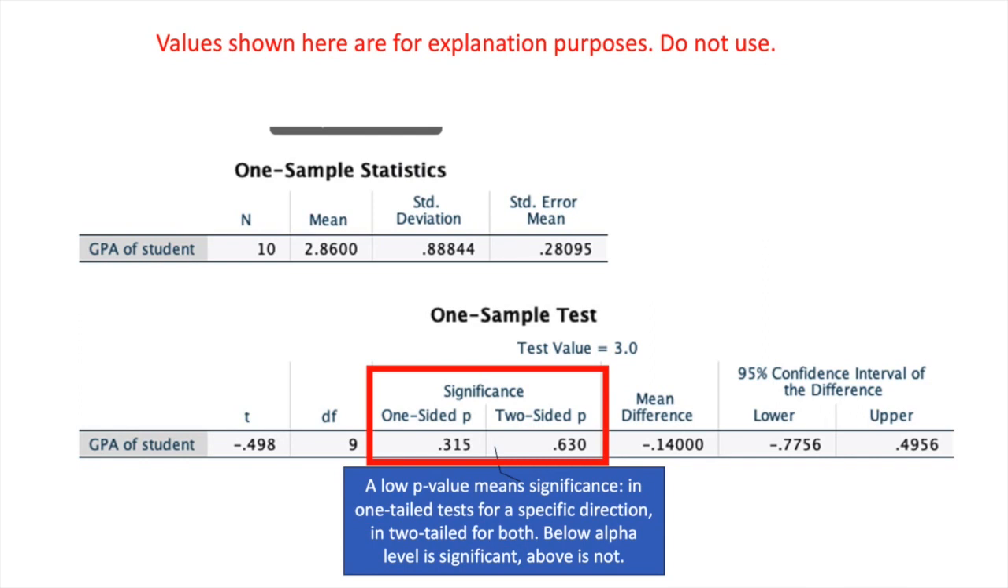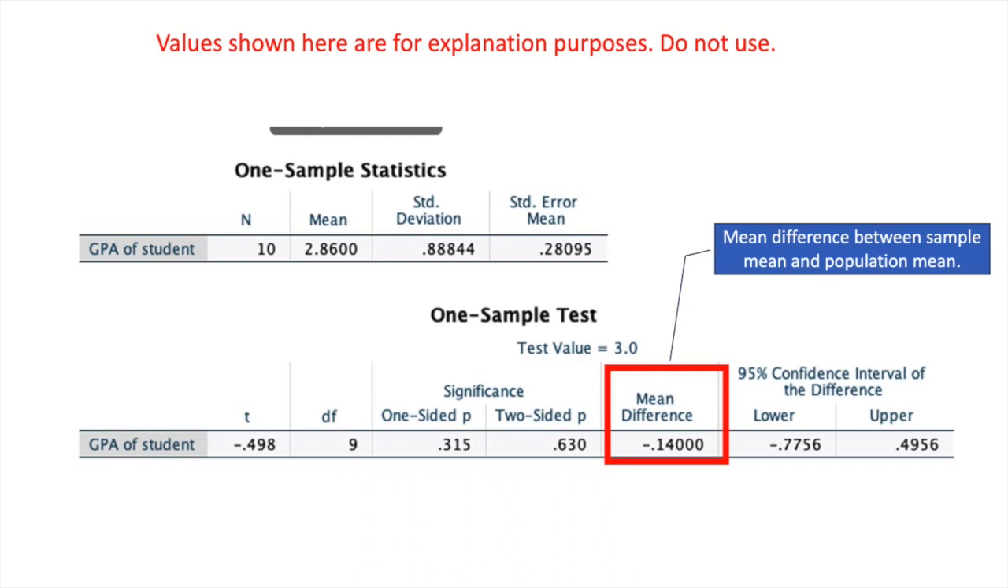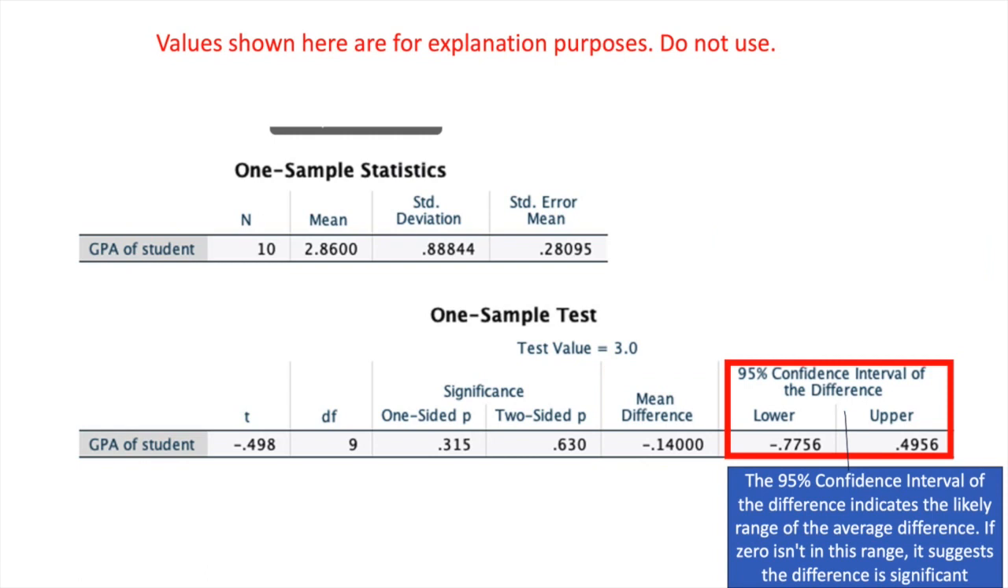If it's below your alpha, let's say the common one is 0.05, if it's below 0.05, it is significant. If it is above it, it is not statistically significant. This just tells you the mean difference between the sample mean and the population mean, just a plain arithmetic difference. This is similar to the p-value, the significance probability. The 95% confidence interval of the difference indicates the likely range of the